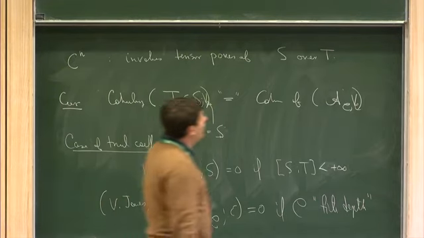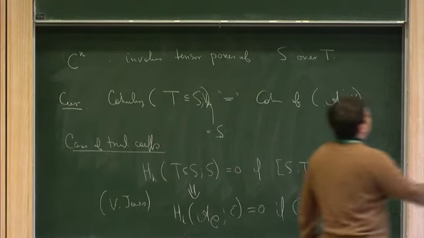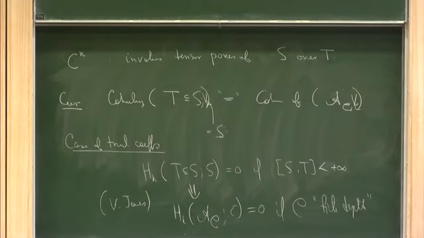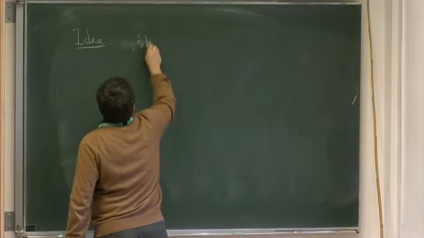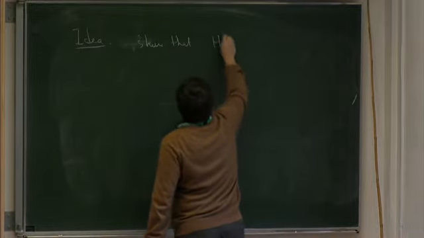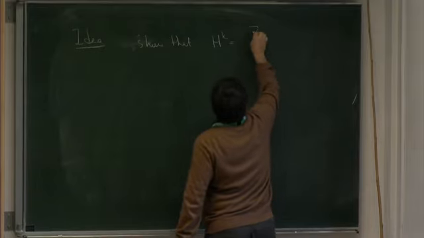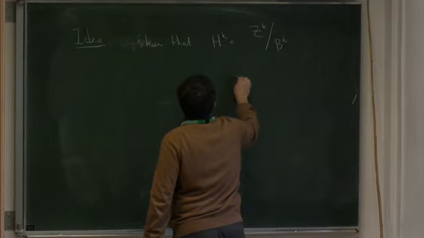And so, of course, the key idea is to replace or show that your cohomology, which is defined as the quotient of some Zk modulo Bk,